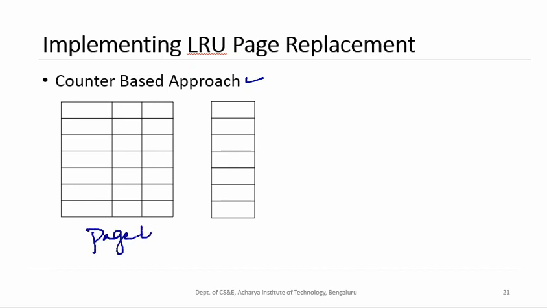This is the page table of a process, and this is main memory, which is divided into a number of frames. Let's assume that the process has 7 pages, and you know that the first field represents the frame number in the page table, and the second field is a single bit field which represents the valid-invalid bit. Now you must be wondering what is the last field. I'm going to discuss that later.